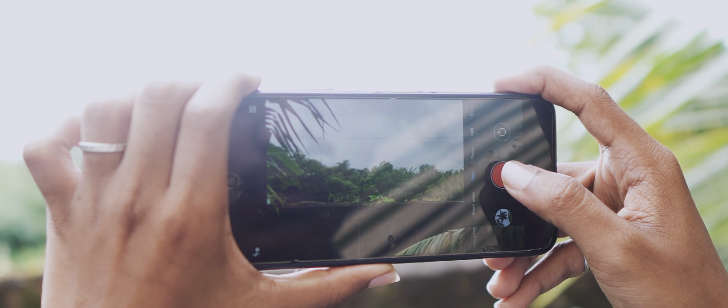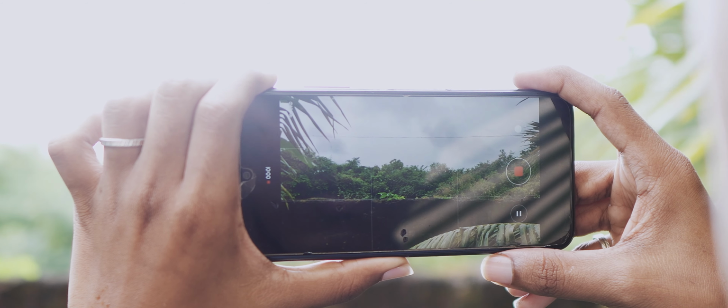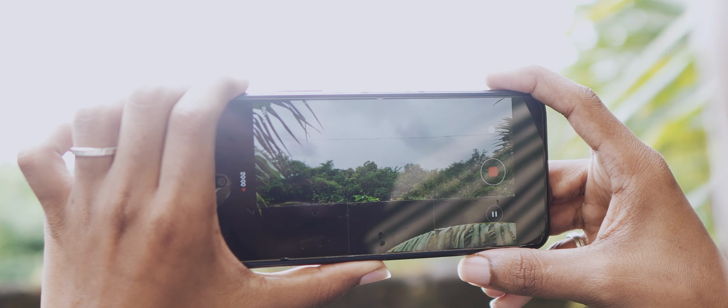For example, if there is a wall, generally without grid lines, a wall may appear a little bit slanted or tilted. So in order to fix that, you can use grid lines. Grid lines have these lines which you can use to your advantage in order to frame your shot better. Like for example, you can get some sort of symmetry out of the shot. Now to enable grid lines, you just have to search through your settings. It's basically the show grid lines option, and I know it is very easily accessible because a lot of people use grid lines. So just enable grid lines, and that will actually make a lot of difference when it comes to composition.